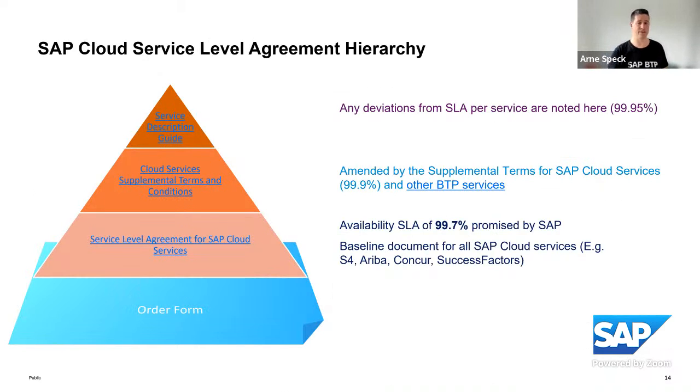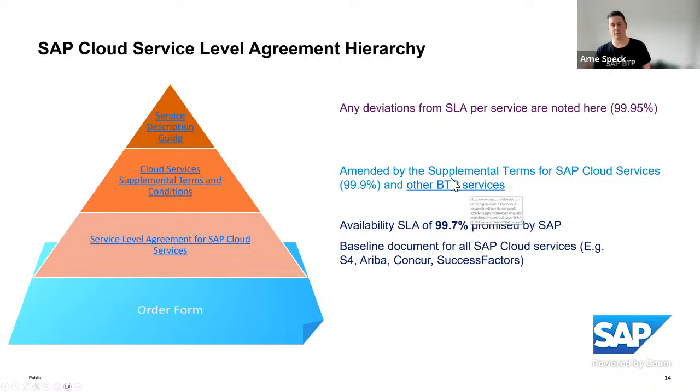And overall, what's the information on our service level agreement when it comes to availability? So basically, I want to introduce you to that concept. For all cloud services that are delivered by SAP, there is a central document. This is the service level agreement for SAP Cloud Services, which states that those services have a guaranteed availability of 99.7%, if not